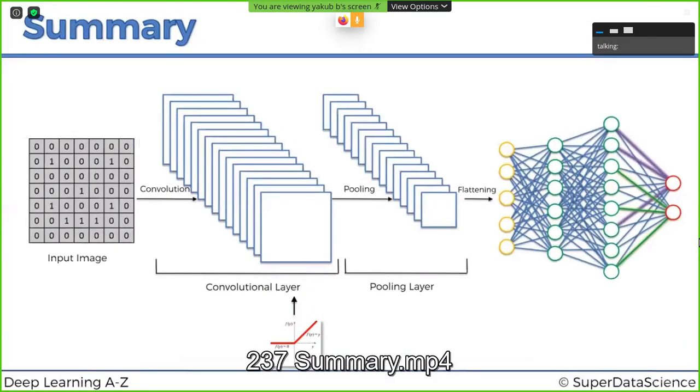Hello and welcome back to the course on deep learning. We've learned quite a lot in this section of the course. Let's summarize what we've talked about. All right, so here we go. We started with an input image to which we applied multiple different feature detectors, also called filters, to create these feature maps. And this comprises our convolutional layer. Then on top of that convolutional layer, we applied the ReLU, or rectified linear unit, to increase nonlinearity in our images. Then we applied a pooling layer to our convolutional layer. So from every single feature map, we created a pooled feature map.